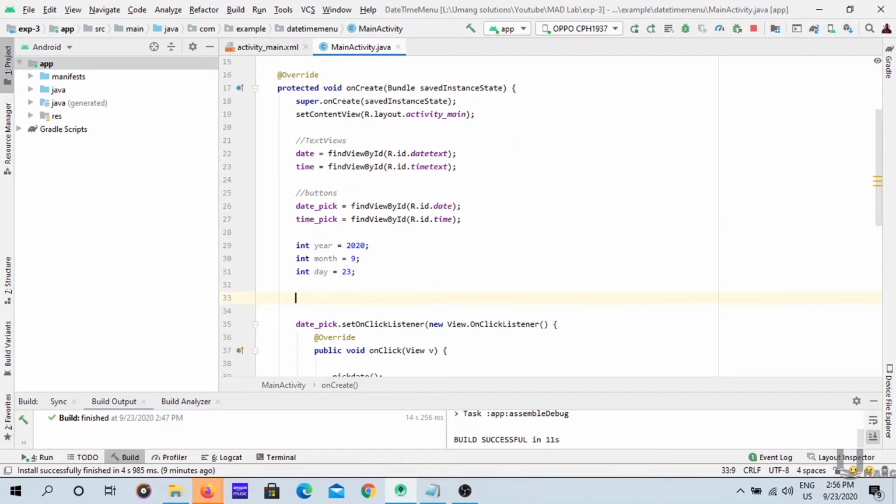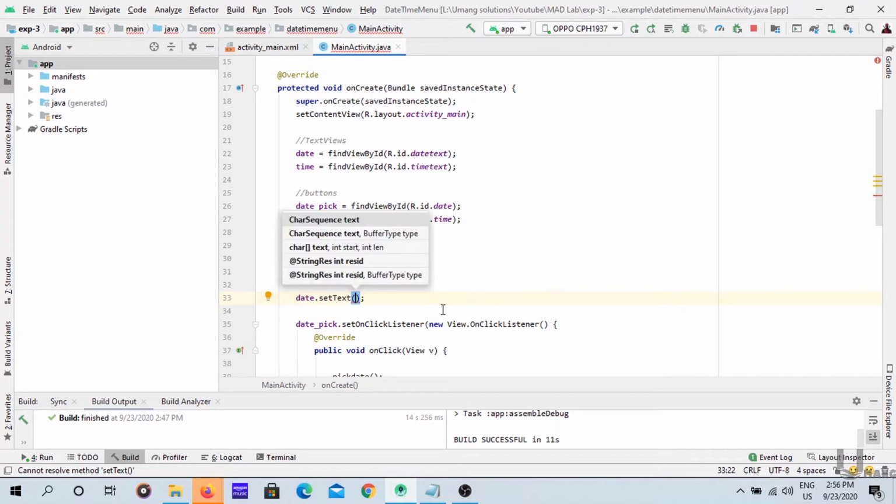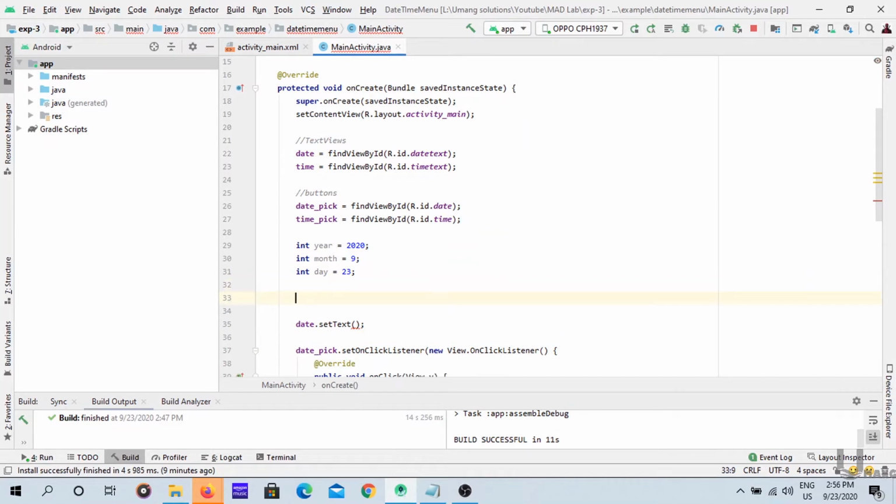So I will set this current date to the text view, date dot set text. Before setting it here, I will do one thing. I will concatenate these three things and set the concatenated values here.